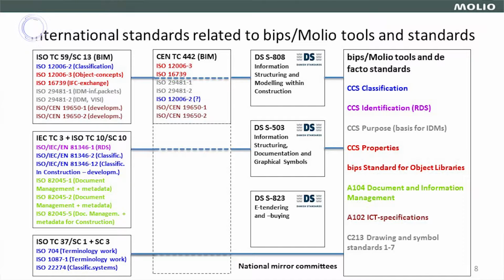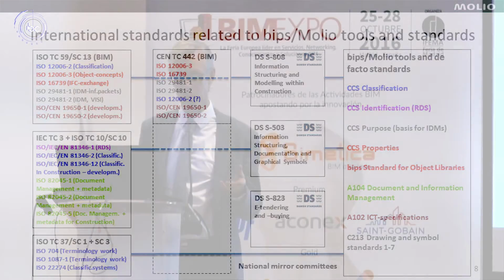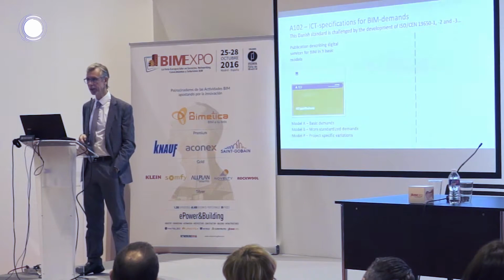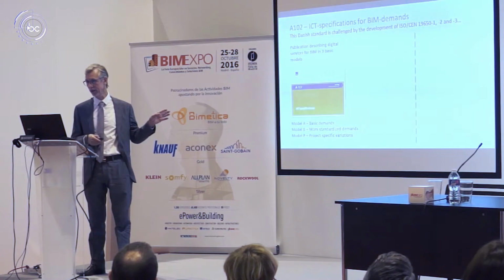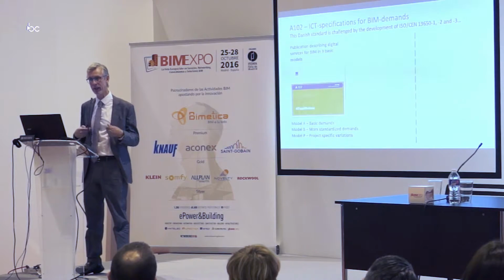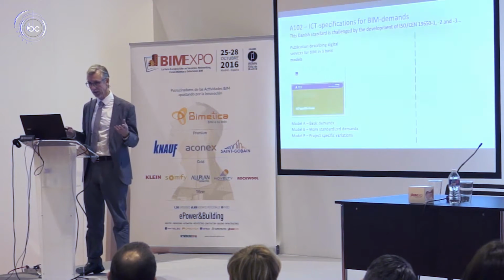And when I say that, I'm also in a situation where there are standards proposed, for instance, by the UK, that we don't think are mature enough for us to use, or we have to roll back our development. So you have to be there and make your influence. Let's take a few examples. We have ICT specifications for BIM demands in Denmark. We have had them since 2007. And if the UK proposal for an ISO CEN standard 19650 parts 1, 2, and 3 will be mandatory in the EU, that would mean that we have to roll that one back to something that's not as good as it is today. So therefore it's very important for us to say it has to be informative, being general, being generic,